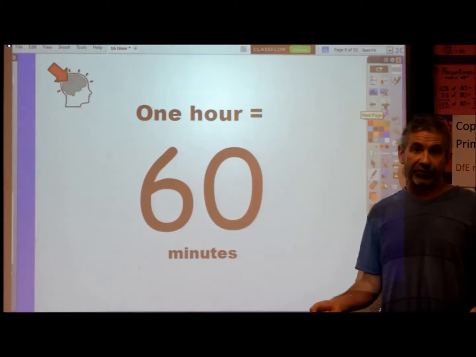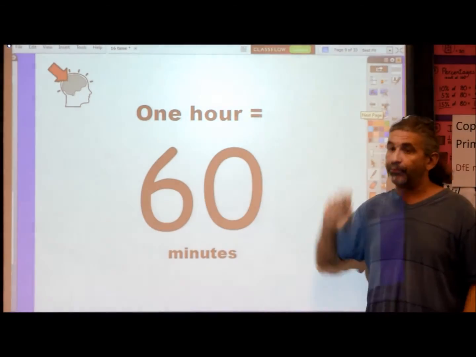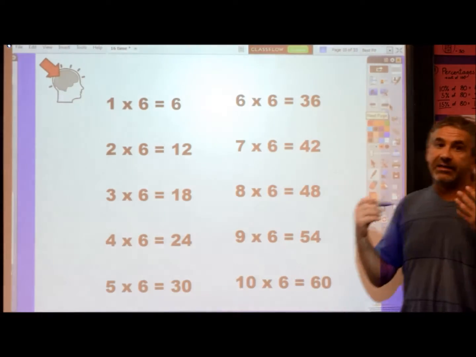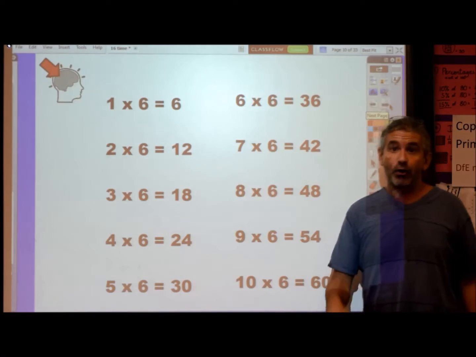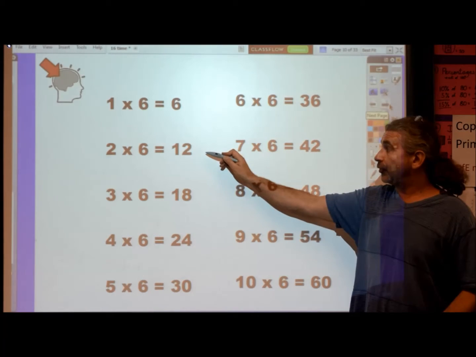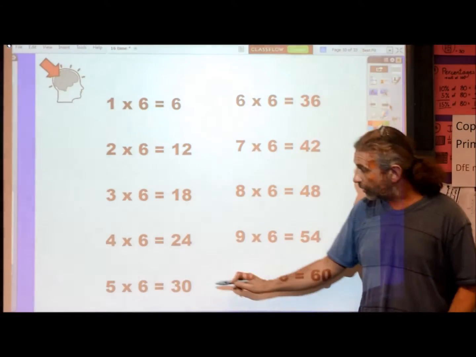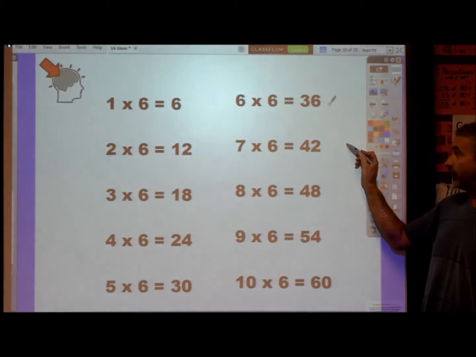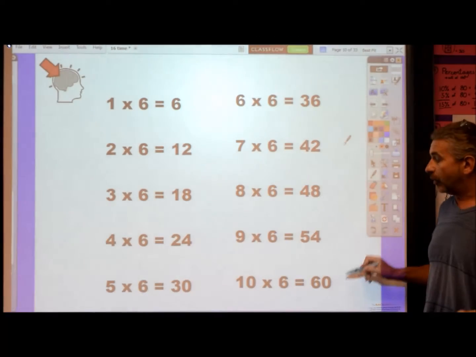Now, the next section is all about the relationship between hours and minutes, and of course the most important fact is there are 60 minutes in 1 hour. Now, to do stuff with that fact, you must know your 6 times table. 1 times 6 is 6, 2 times 6 is 12, 3 times 6 is 18, 4 times 6 is 24, 5 times 6 is 30, 6 times 6 is 36, 7 times 6 is 42, 8 times 6 is 48, 9 times 6 is 54, 10 times 6